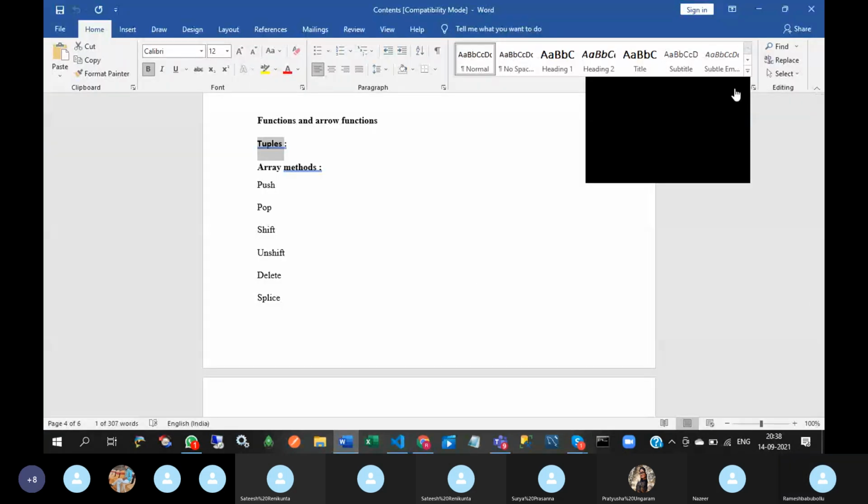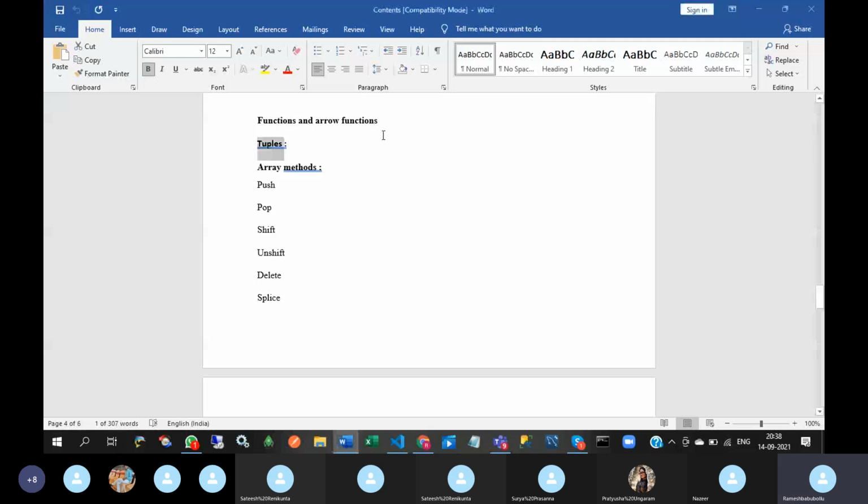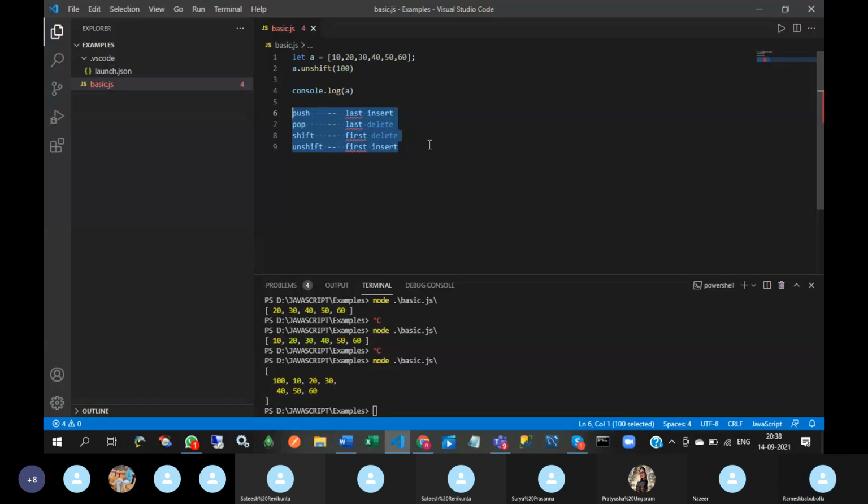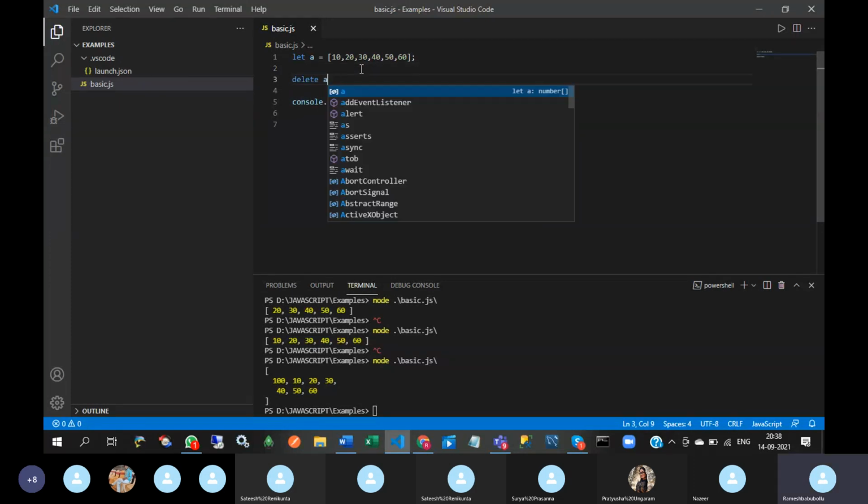Next one, delete. Suppose I want to delete an element in a particular position.